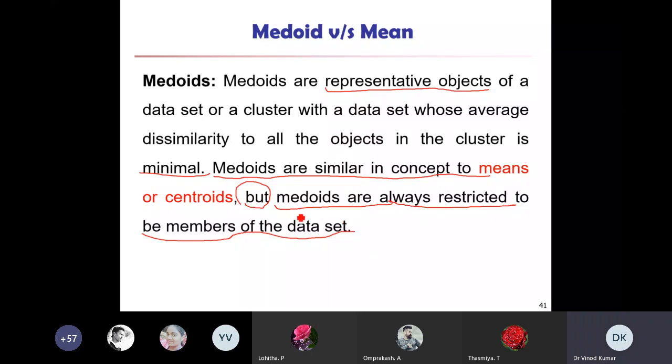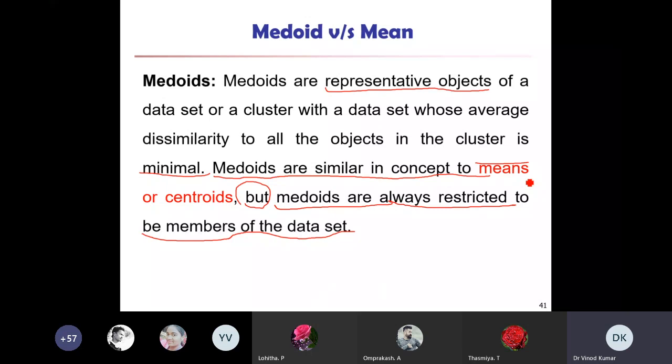In medoid, the member will be from the data set itself, but in mean, because you are calculating the mean, the centroid is not compulsorily the same as a data point.